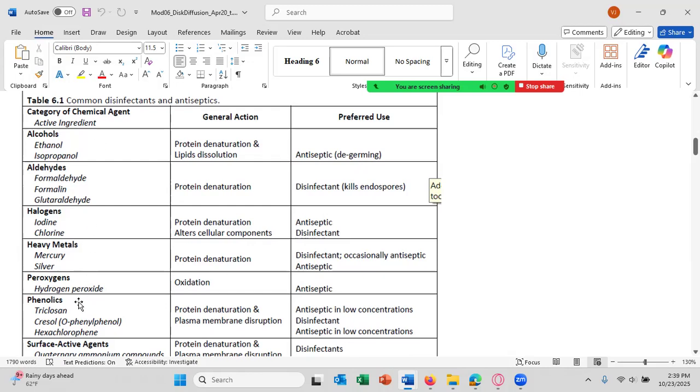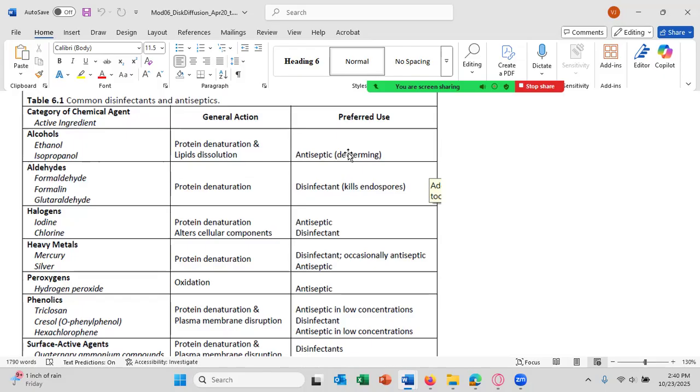Disinfectant or antiseptic in this column: ethanol and isopropanol, most other alcohols, are real weak antiseptics or disinfectants, and we usually call them a de-germing agent because they really do not disinfect an object, or antiseptic the object. It's because it's so weak, there's a lot of cells still living, but we do use an alcohol swab to de-germ the area of your skin